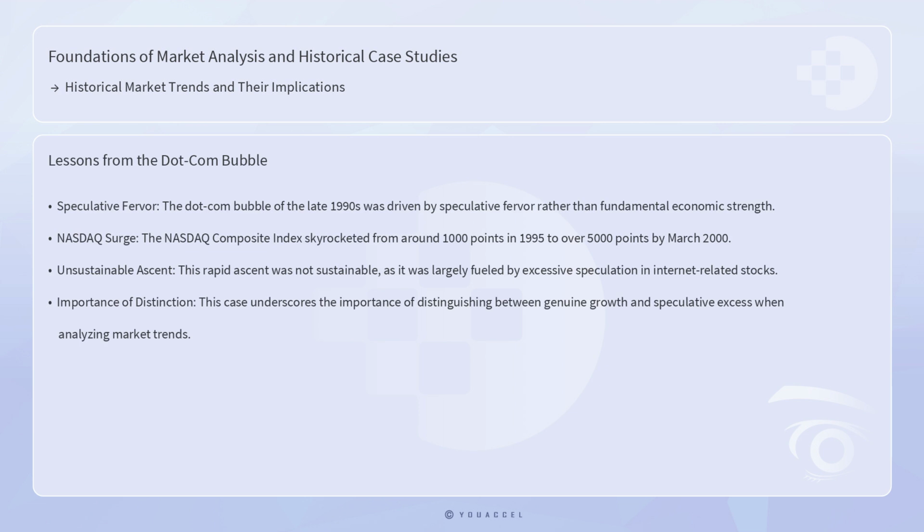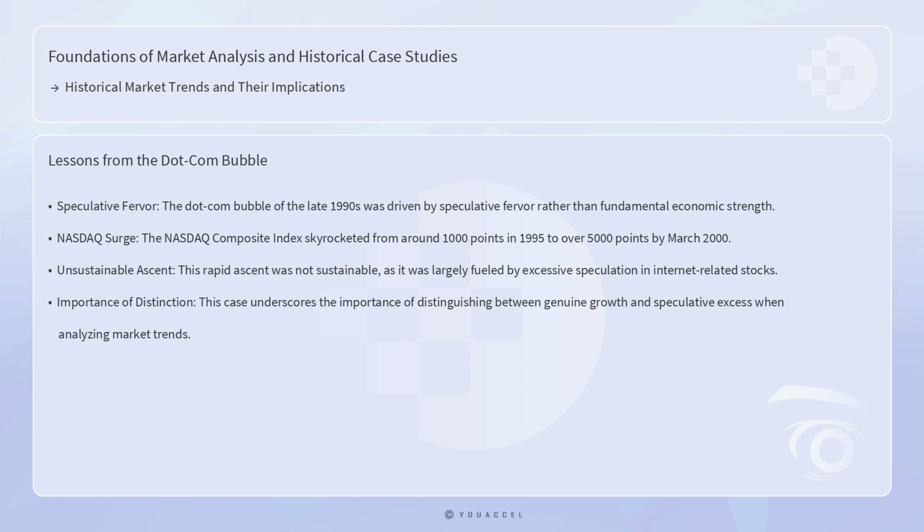In contrast, the dot-com bubble of the late 1990s serves as a cautionary tale of a primary trend driven by speculative fervor rather than fundamental economic strength. During this period, the Nasdaq Composite Index skyrocketed from around 1,000 points in 1995 to over 5,000 points by March